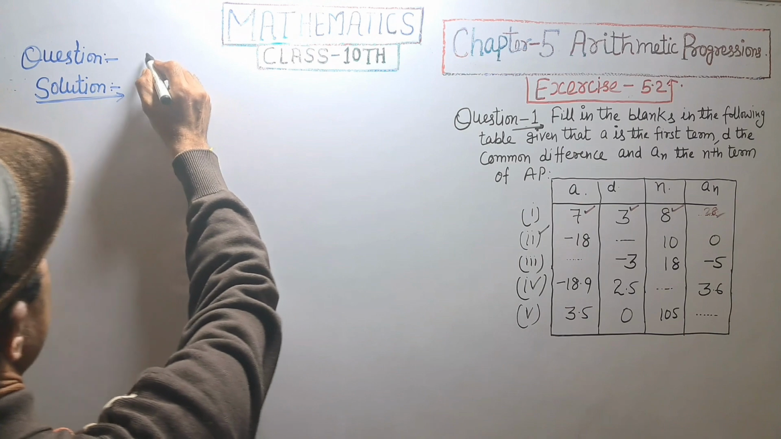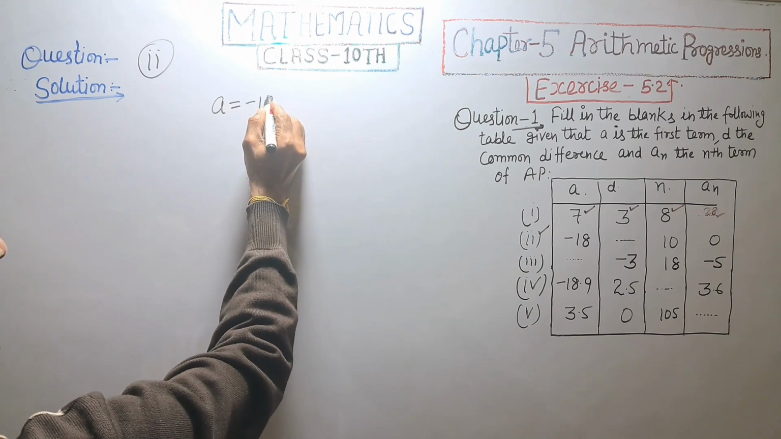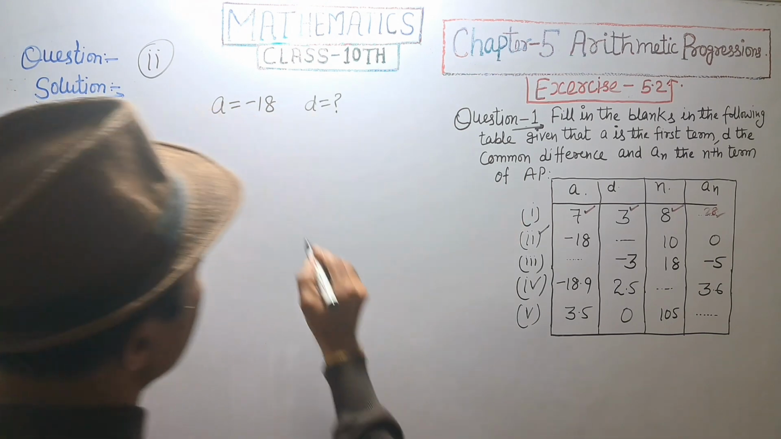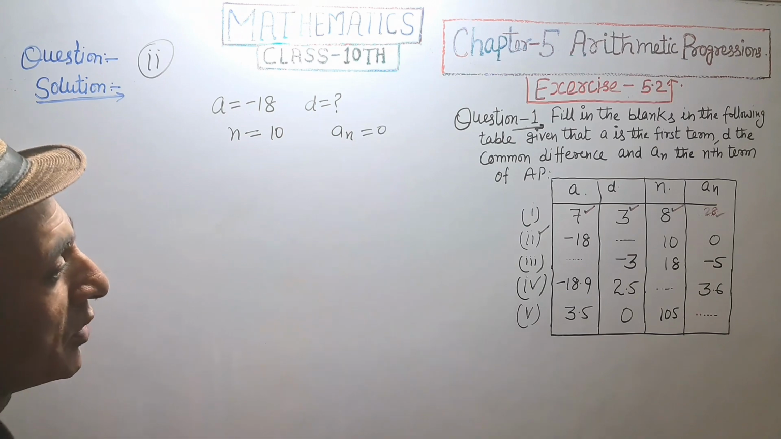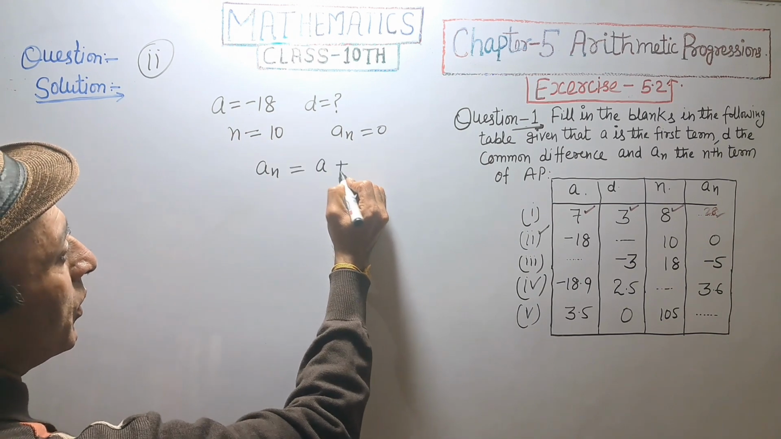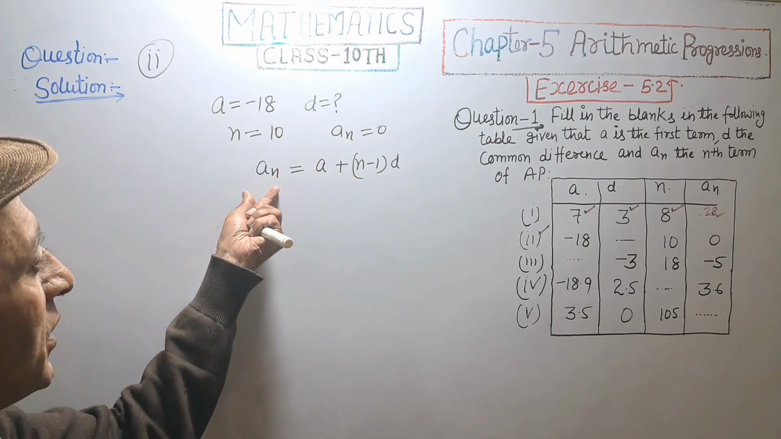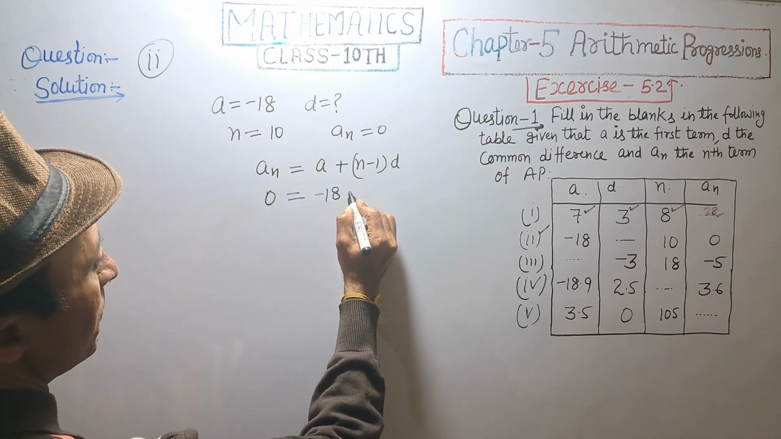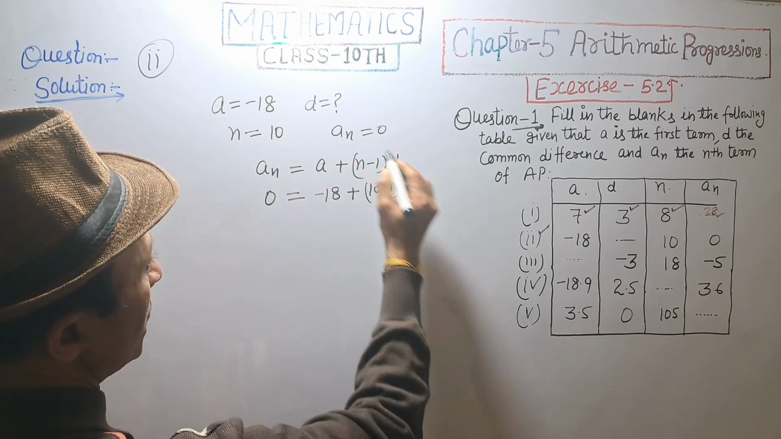And second part given a is equal to minus 18, d we want to find, n is equal to 10 and an is equal to 0। As we know that an is equal to a plus n minus 1 into d। an is here 0, an is equal to 0 and a is equal to minus 18 plus n is equal to 10, 10 minus 1 into d।